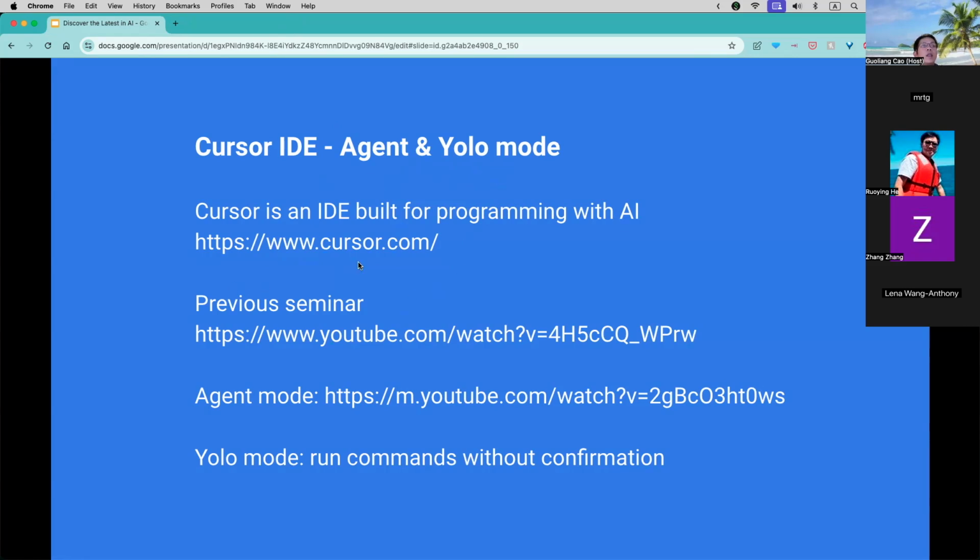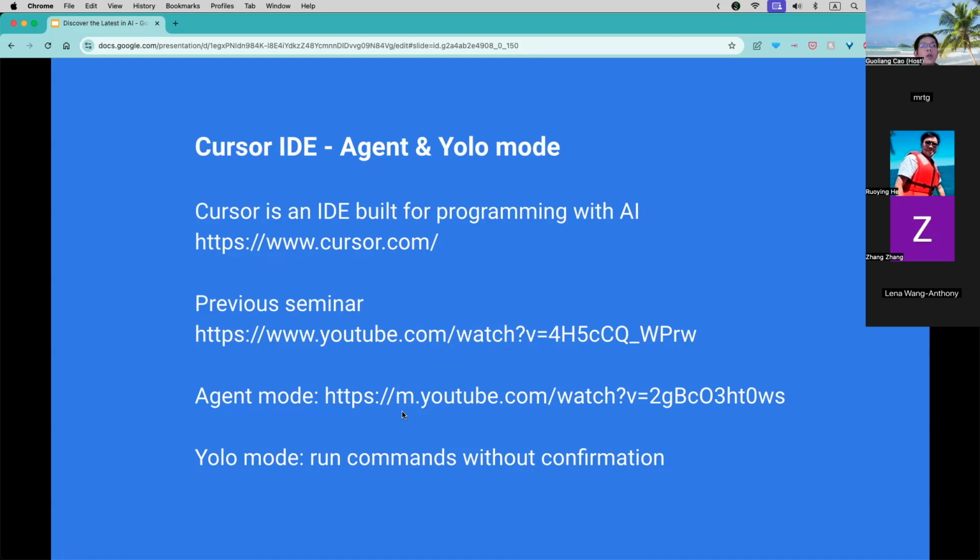If you have not heard of Cursor, Cursor is an IDE built for programming with AI. This is the website, and I did a seminar last month on using Cursor to develop a feature for a product. If you want to know more about Cursor, you can watch that video.